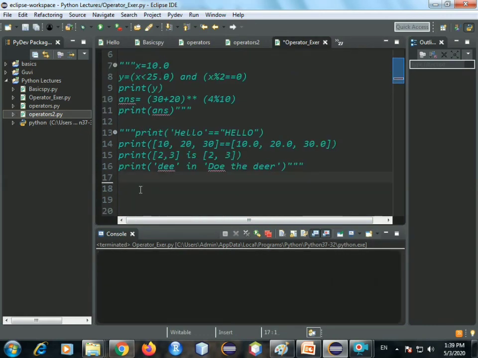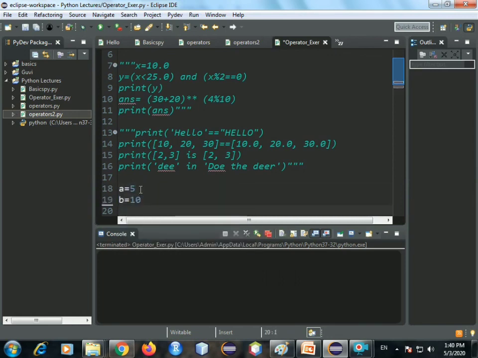Now let's take the last example in this operator session. This will be on ternary operators. Okay, so remember the first syntax that we had learned, that first put the if condition statement and then put the if statement, put the else statement. Okay, so let me just revise it with an example in case you are confused. So let's take a variable a is equal to 5 and b is equal to 10.